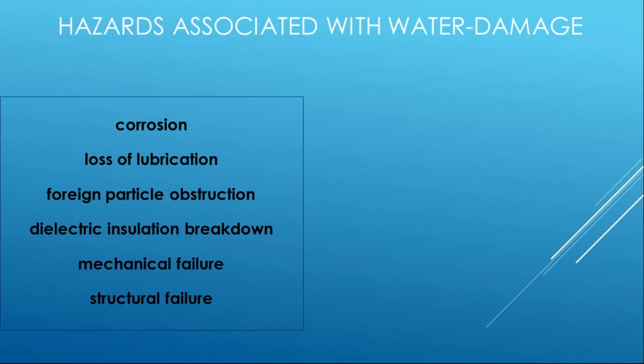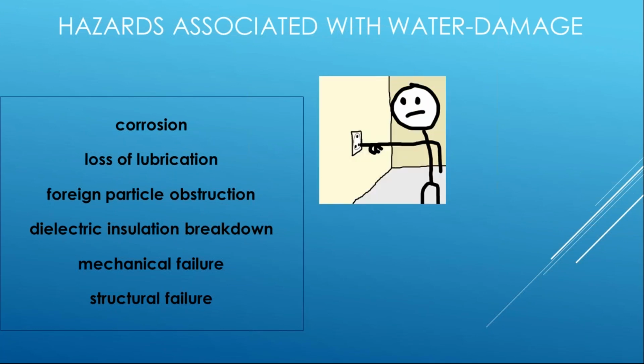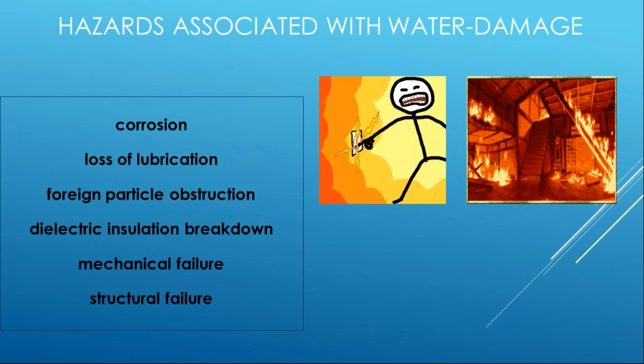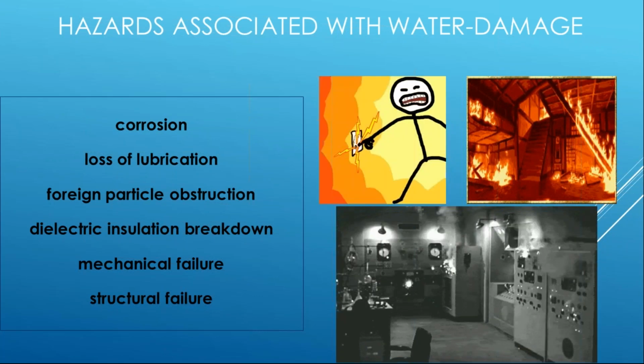So those are all great items, but hey, we're electrical professionals, right? We need visuals. This is what we're talking about, right? We're talking about shock and electrocution. We cannot allow that to occur. That's our biggest problem, followed by fire. And then, of course, we don't need arc flash, arc blast,